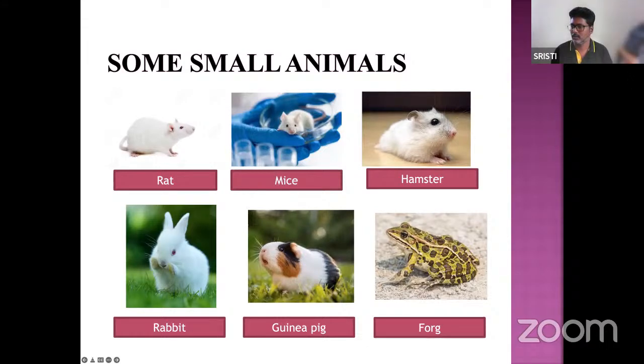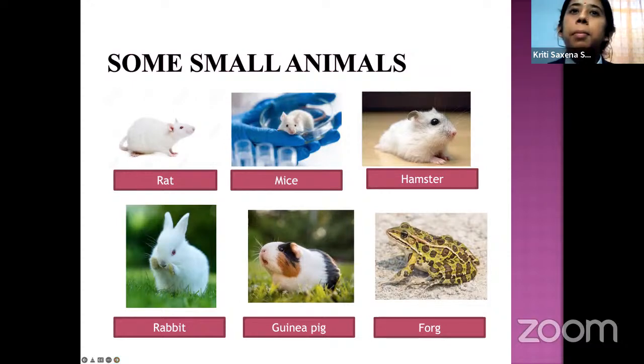Sorry for the glitch. That was a power cut. So starting with, it is about small animals that we use in clinical trials. Rat, mice, hamsters, rabbit, guinea pigs, frogs. Each animal has its own specific characteristics. For example, rats can't be used for emetic and anti-emetic drugs because they don't have vomiting centers in them. Their innate physiology is specified for that. And that is a boon so that anti-cancer drugs can be tested in rats so that they don't show emetic effects.